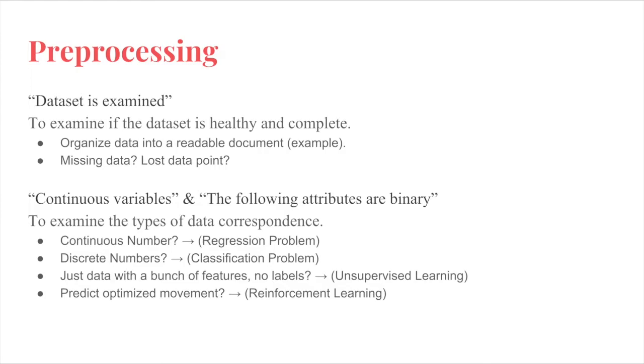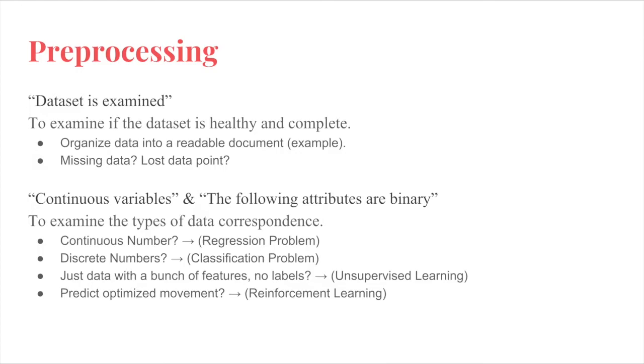So the first phrase, "dataset is examined." Examining if the dataset is healthy and complete is our goal in this process. Basically, first of all, we will organize the dataset into some kind of readable document for the machine learning algorithm to read in the future. Usually, the platform that I like to use the most is called Jupyter Notebook, and we usually program with Python in a Jupyter Notebook. In that process, we can type in some code to read the documents from our local computer. And usually we will organize data into arrays, rows and columns, in a .txt